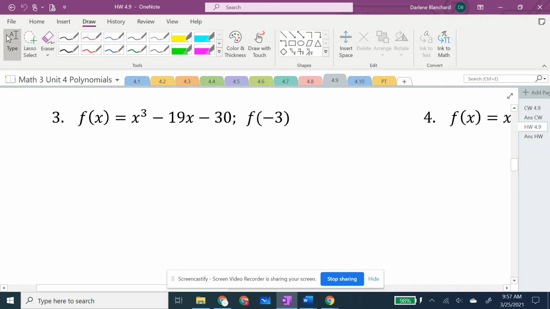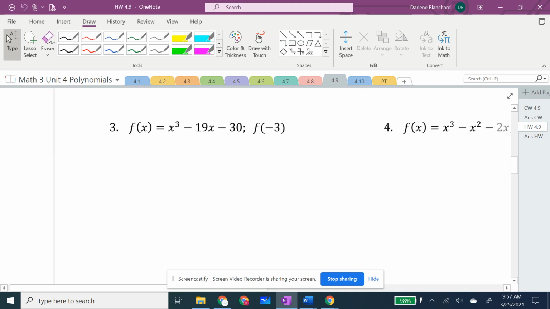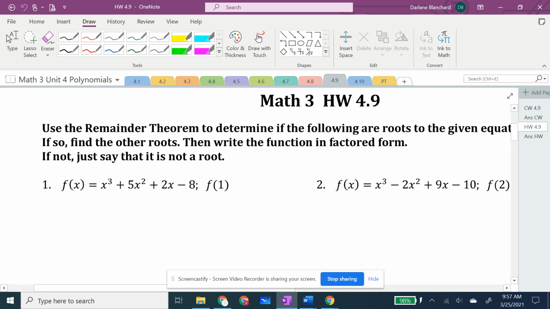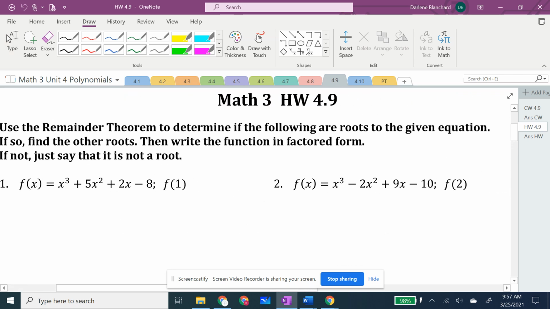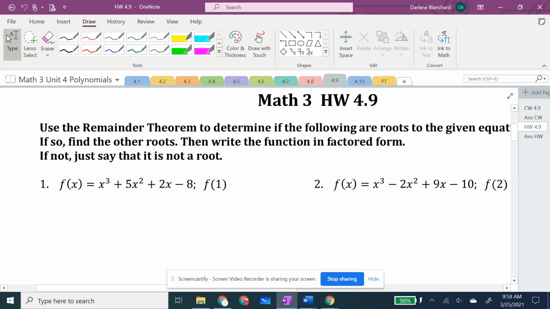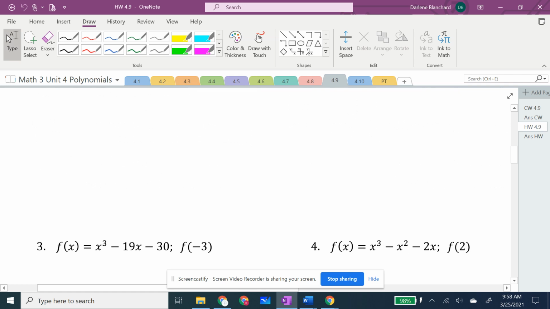Okay, number 3 on the homework. We have a function. Let me grab the directions real quick. The directions are to use the remainder theorem to determine if the following are roots to the given equation. If so, find the other roots, then write the function in factored form. If not, just say that it is not a root. So what it's meaning is